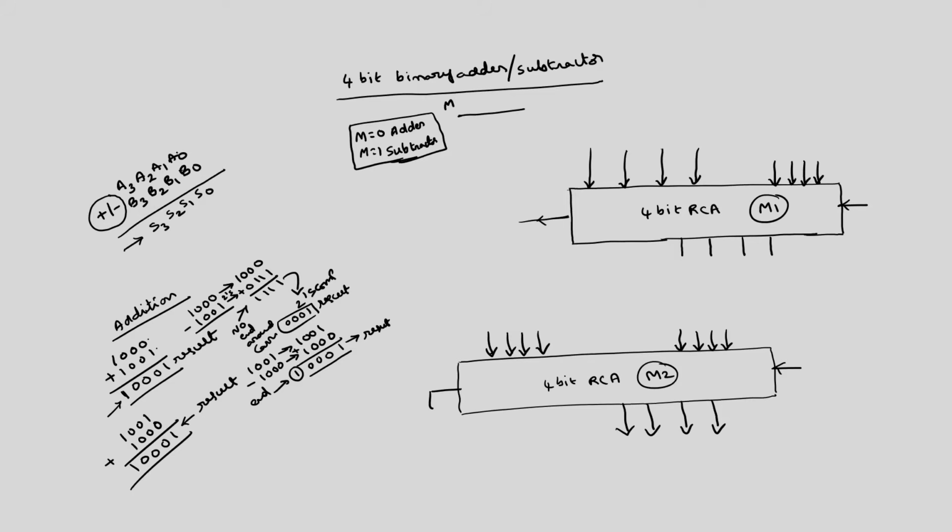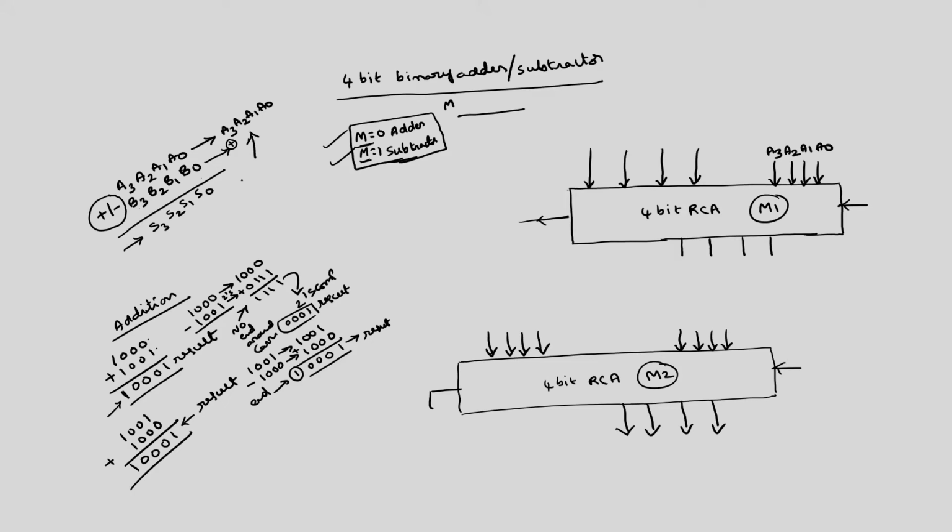So, in any case, if it is addition or subtraction, A3, A2, A1, A0 as it is we have to apply to the 4 bit parallel adder. So, I will take this input as A3, A2, A1, A0. Whereas, for this second number, we have to either take the direct B3, B2, B1, B0 or the 2's complement of this, that depends upon the M. If M is equal to 0, I have to take the direct numbers, if M is equal to 1, I have to take the 2's complement of this number.